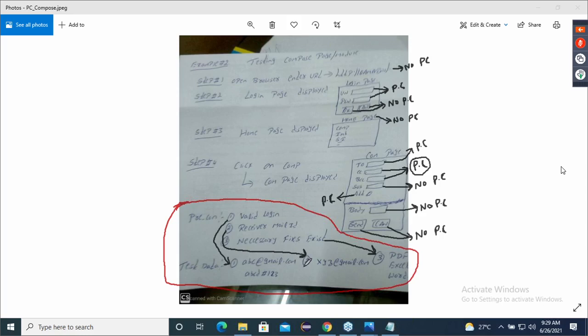Are you understanding how to decide now? Are you understanding, guys? So first you have to imagine the whole navigation steps, what you should do. Then you see, will it be a precondition or not? Yes or no. Then you have to write this. This is example number 2, how to decide the precondition and the test data. Understood? Copy this.